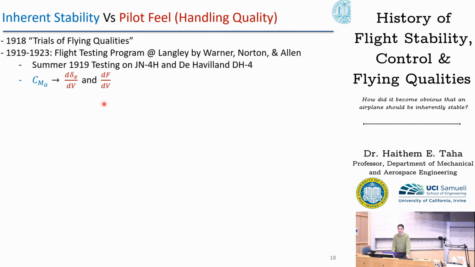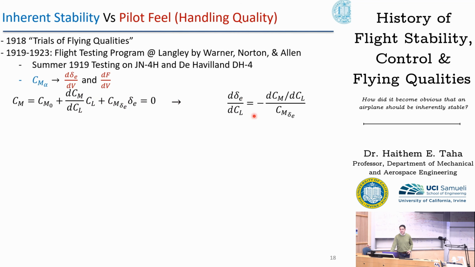So let's talk about this in a moment. This is the moment coefficient we played with a lot in this class. Cm is Cm0 plus dCm/dCL times CL plus Cm delta times delta, and this must equal 0 for balance, right? Now from this you can get how much change in the elevator deflection per change in the CL. This is precisely your midterm problem, right? And then you can recall the other balance equation, lift equals the weight, 1/2 rho V squared S CL. So from here you can get how much change in the CL per change in speed.